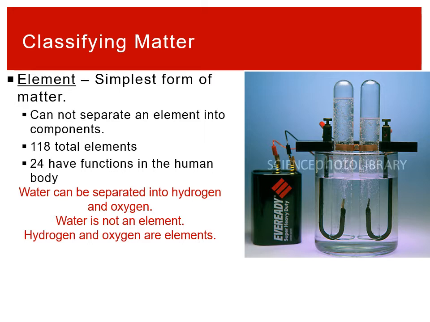So water is like a chemical that we interact with regularly. And water can be separated. So here you have a sample of water. If you run current through it, just with any good old battery, you can break down water into components. You can break it down into hydrogen and oxygen, two gases. And so you can break it down into its two components. So that means water is not fully simplified.